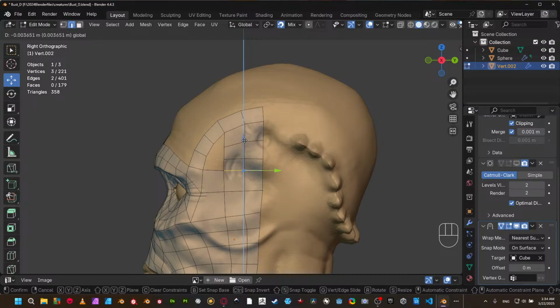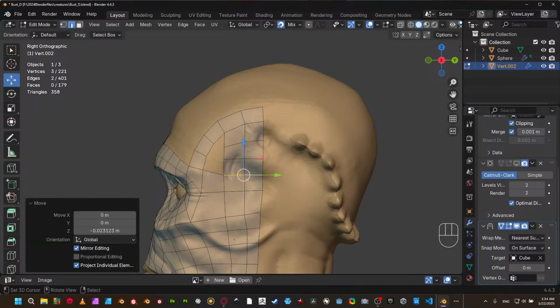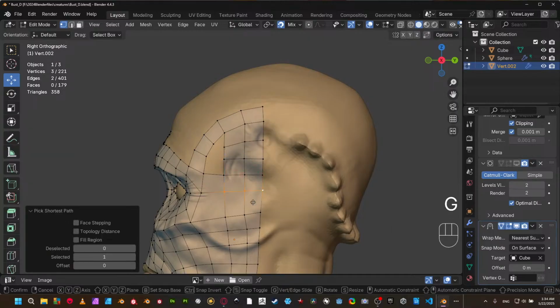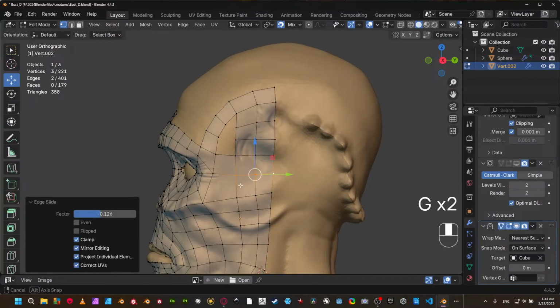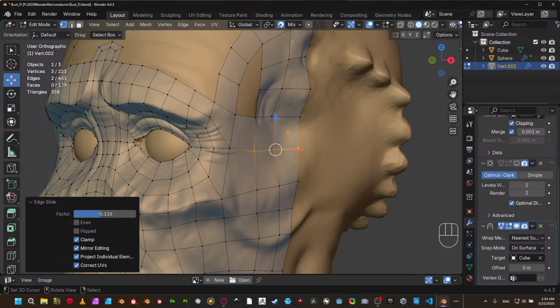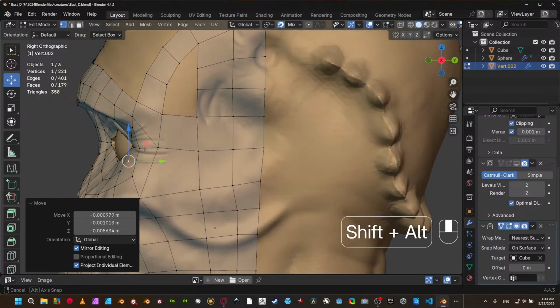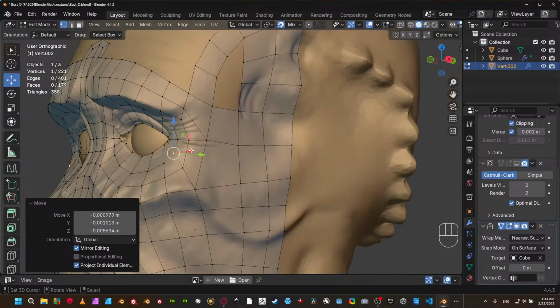Let's just move this topology in here, make some space, something like this. Also with these guys, slide those guys. We will need to add more topology for the eyes in here, and don't worry, if you don't want to add more topology, or if you want to just optimize that,